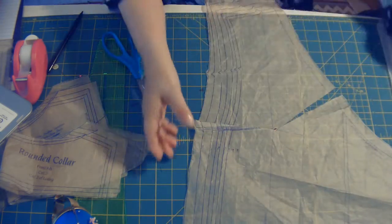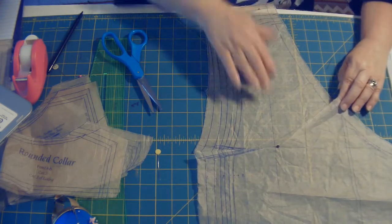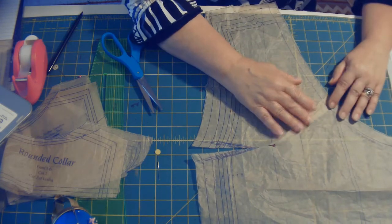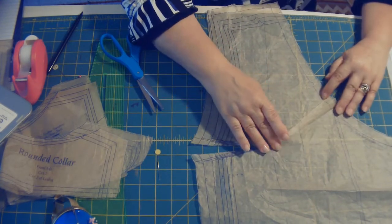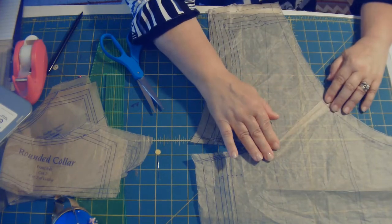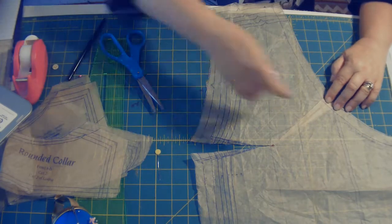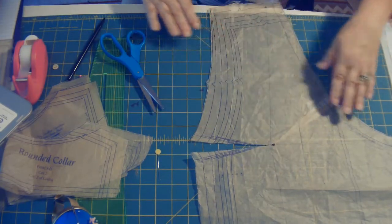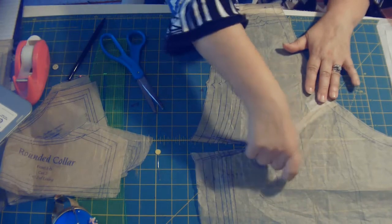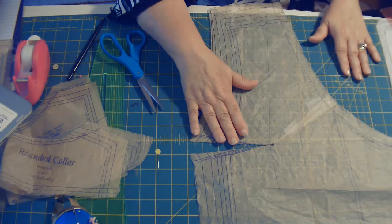Okay, and then we are going to close this up just as we did on the other pattern, and we're going to use the marks that I drew. This was a little bit deeper of an adjustment than the last one. And I'm going to close that up with some tape. And it is going to, as you see, make this dart become much larger, which is okay if that's the